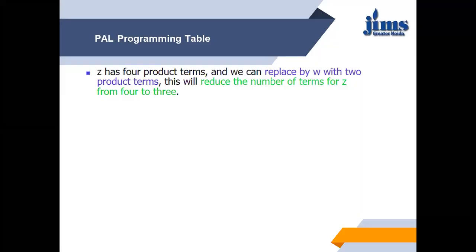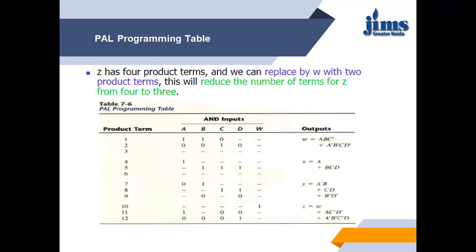Here, in the last expression, we have seen that Z has 4 product terms, and we can replace them by W with 2 product terms. This will reduce the number of terms for Z from 4 to 3. In the same manner, we have constructed a PAL programming table. First, W has A, B, C bar, and A bar, B bar, C, D. These are the terms in W. So we have put it